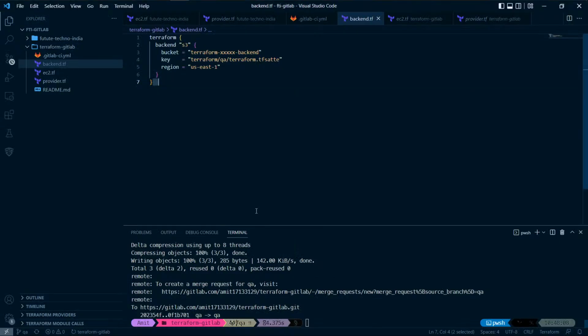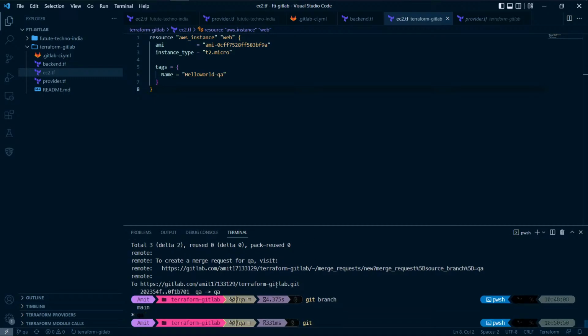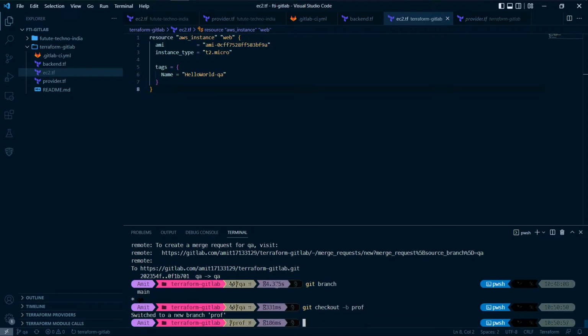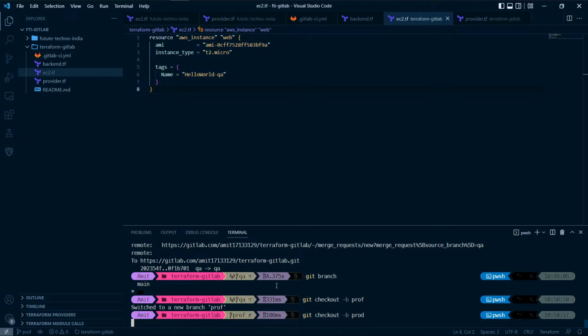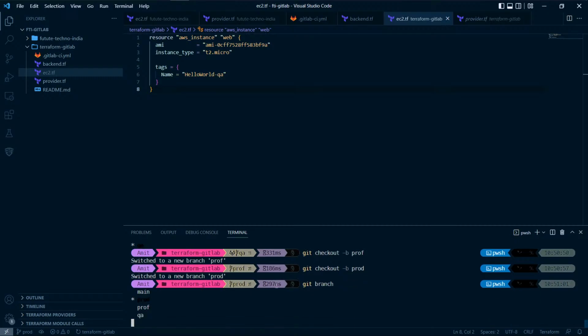So if you wanted to create a prod, just go here and then git checkout. In which branch am I? QA. git checkout -b prod, sorry, prod. git status, git branch, okay, git